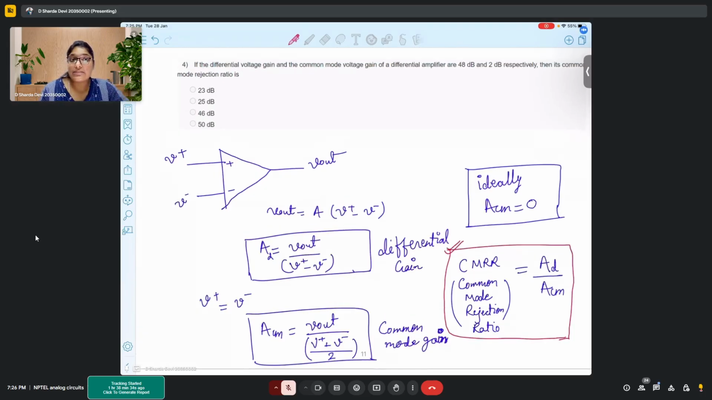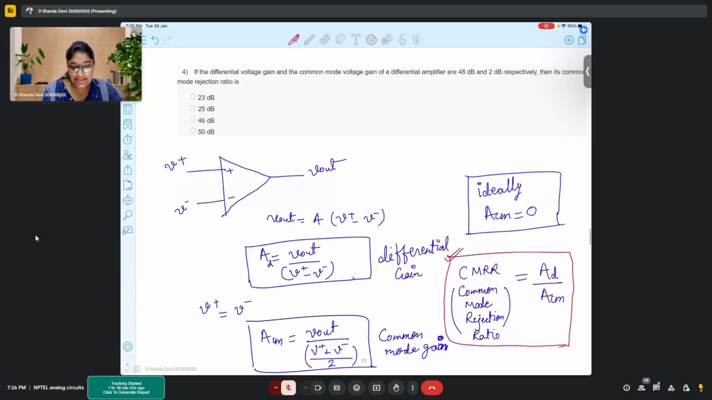Ma'am, I have one doubt, yes. Ma'am, when we are calculating common mode gain, ma'am, common mode gain is basically, so there is a